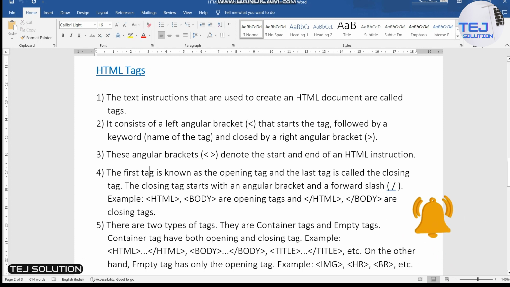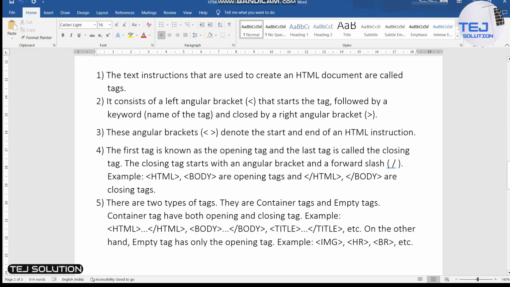So I will show here some examples. Here HTML and body are opening tags. Okay, they are inside the left angular and the right angular bracket. Whereas the closing tags is again HTML in the left angular and right angular bracket, body also in the left angular and right angular bracket. So what the difference you see here is the opening tag looks like this, whereas the closing tag has a forward slash before the HTML here, and the same thing before the body tag here. The forward slash is put here to close